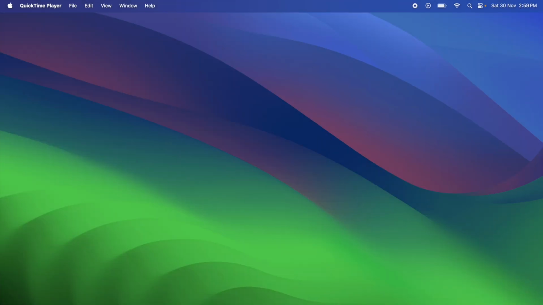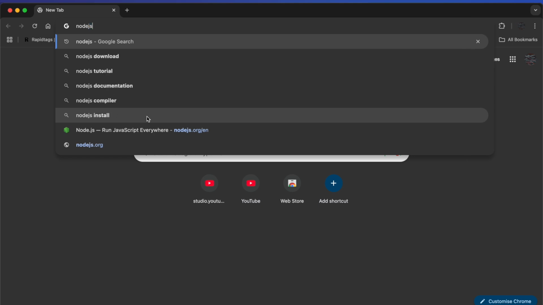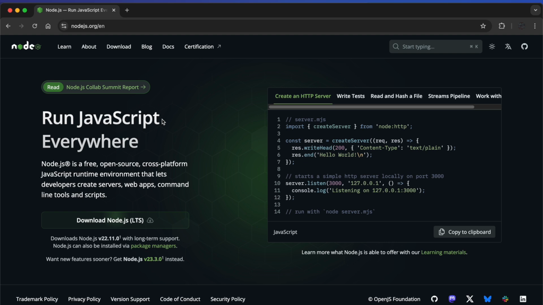First, head over to your browser and just type Node.js. Here, click on this first link. Now you can see it's directly giving us an option to download Node LTS version. So just in case you want to download any other version, you can simply go to the download option here on the top bar,